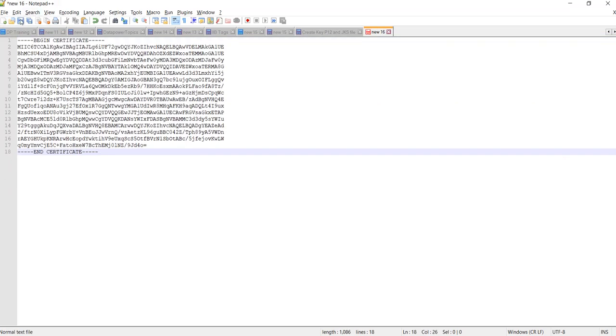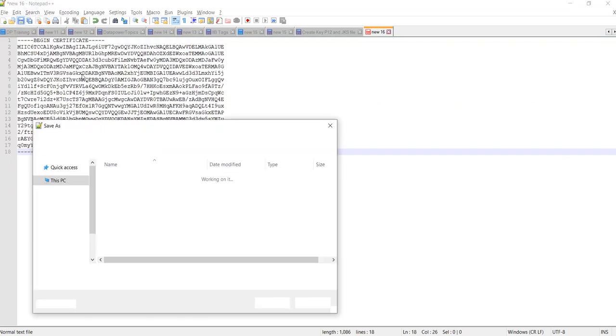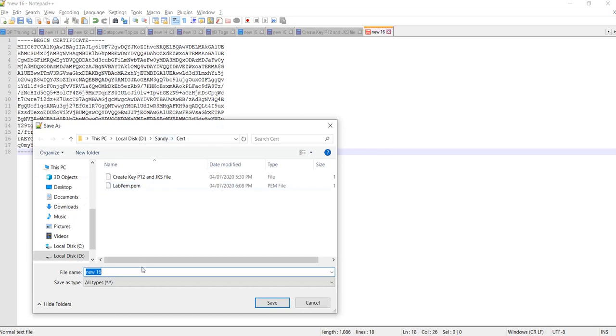We'll save it as lab PAM cert.pem file. So this is our certificate file. Okay, save.